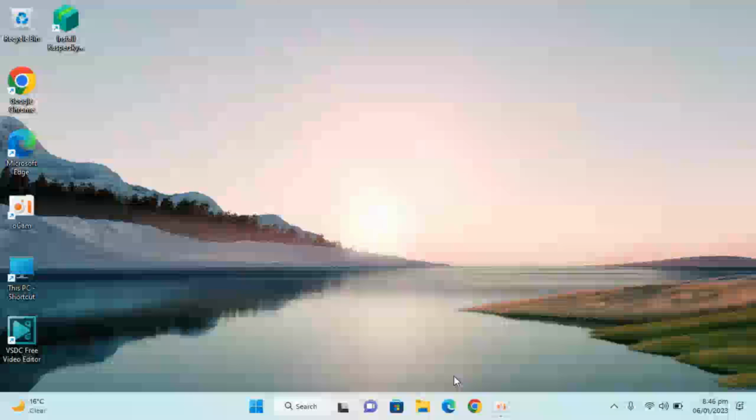Today we will see how we can download and install free Kaspersky antivirus on our Windows 11 operating system. So for that, you can open any browser installed on your computer